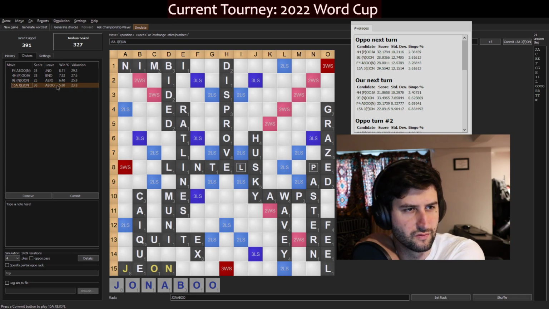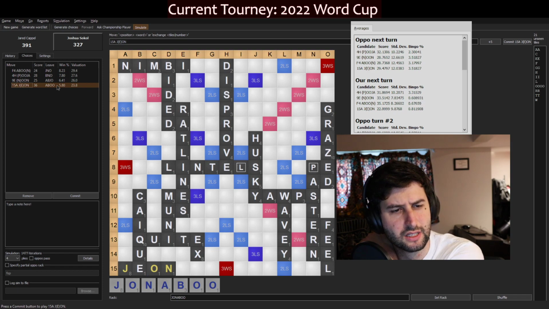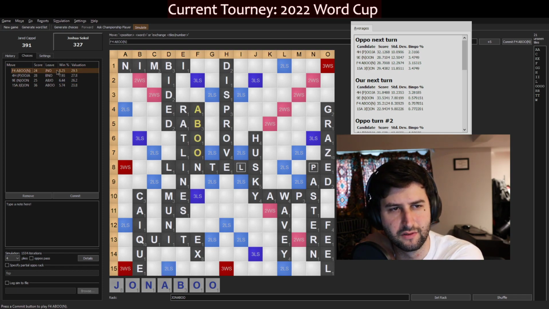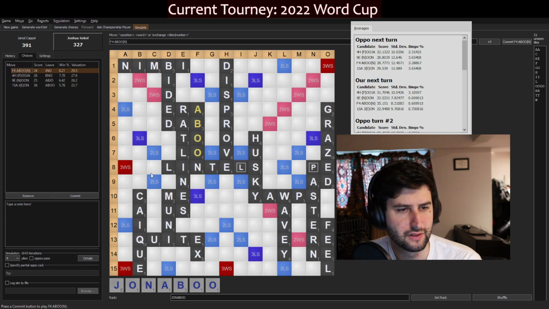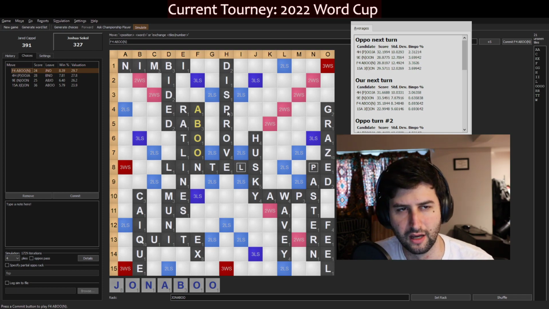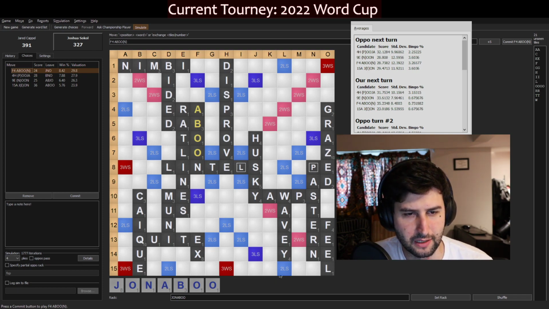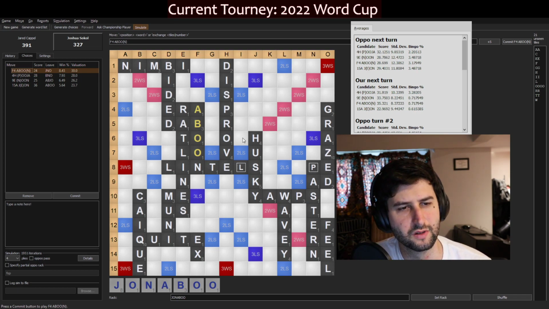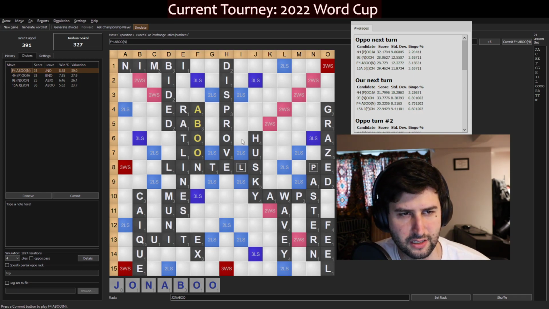If Gion is really that bad, I think the reason that this play of a boon is doing so well is because even if Jared does block this E, I'm still going to be able to potentially use these through tiles in the next couple of moves. But I think what Quackle fails to recognize is that